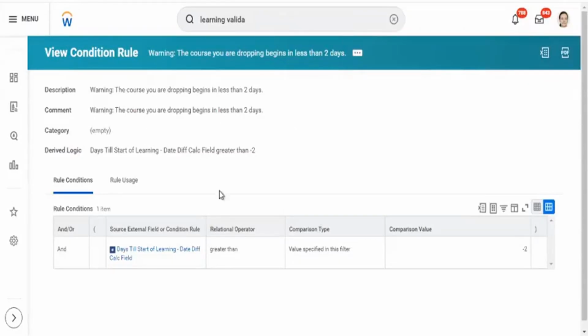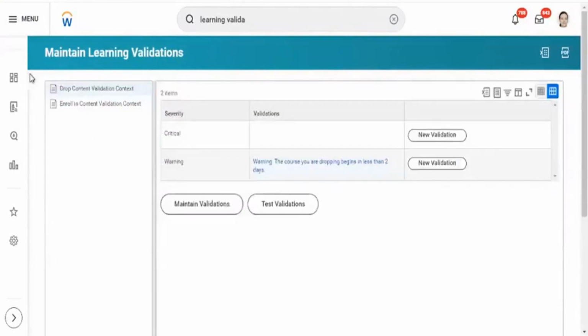For dropping the enrollment for any course that starts in less than 2 days, we should be seeing this warning message: the course you're dropping begins in less than 2 days. This is a kind of validation configuration. The other option is critical, where it should not allow dropping the enrollment.